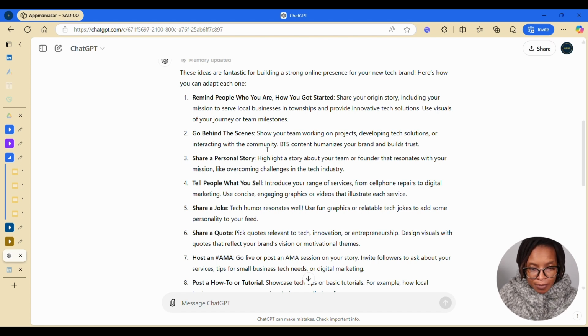During your practicals, in terms of sharing a personal story, you can highlight a story about your team or a founder that resonates with your mission. You'll see there's already some content from previous alumni and participants who have gone through the project. They tell their story, where they come from and how the program has helped them. You can start capturing these pieces of content yourself,